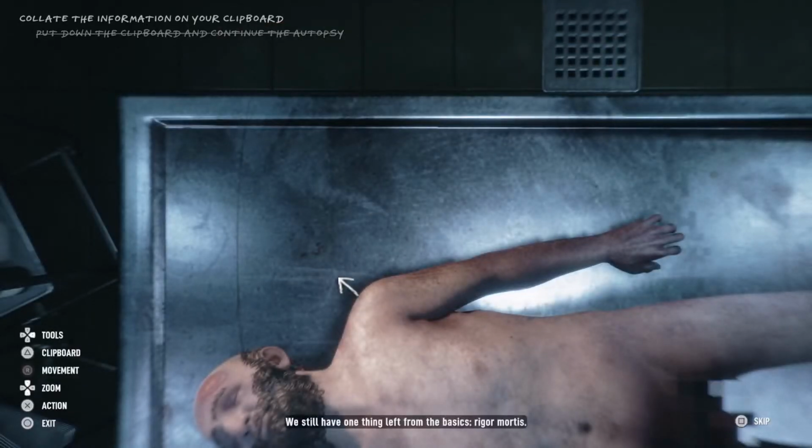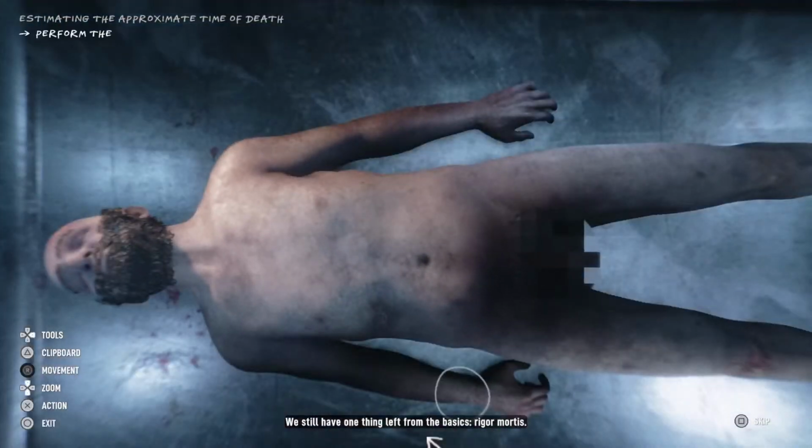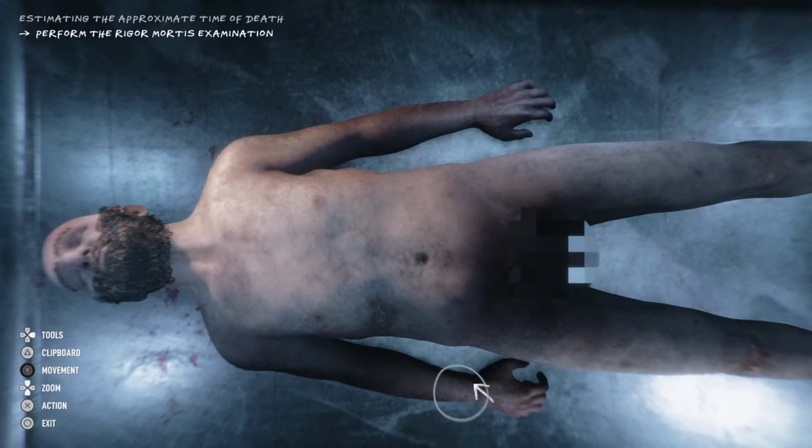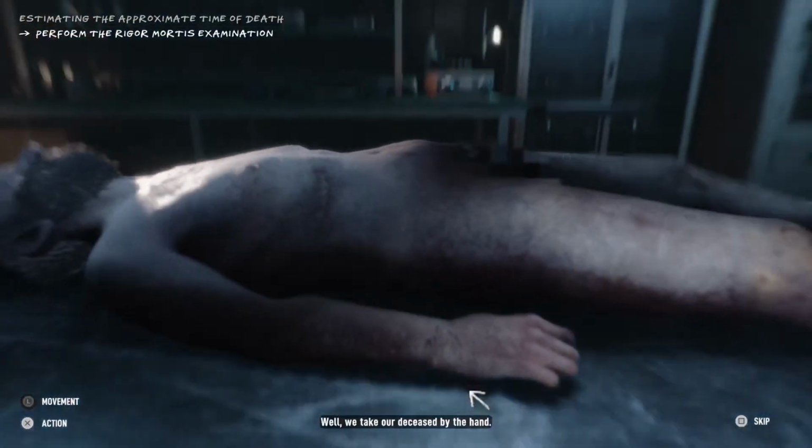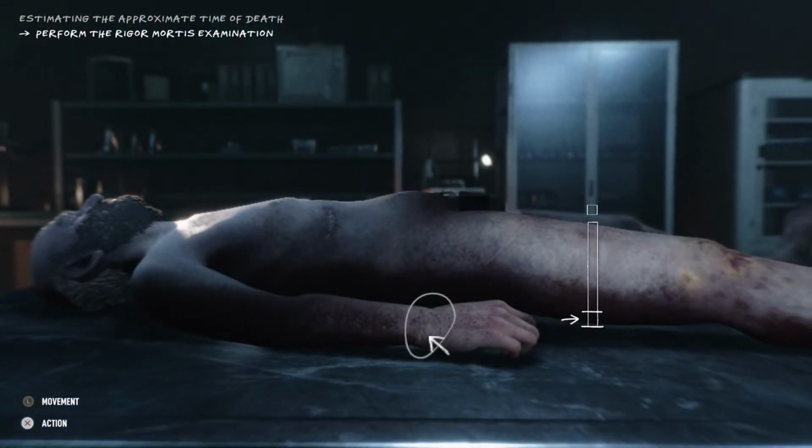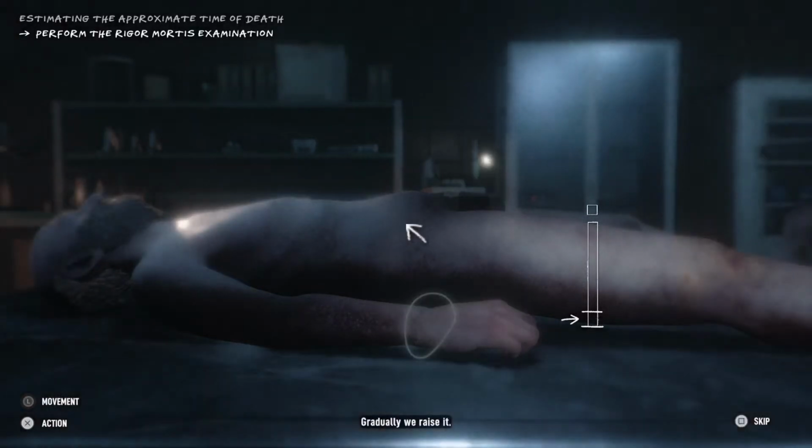We still have one thing left from the basics: rigor mortis. Well, we take our deceased by the hand, gradually re-raise it,